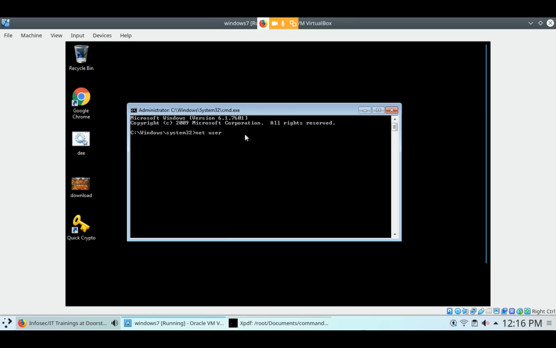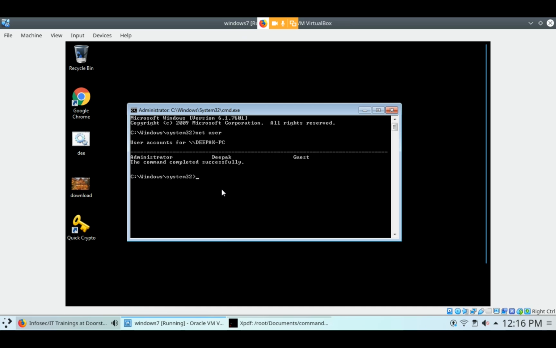After that I will change the password, because I don't know who the users are in this PC. After hitting enter, the command completed successfully. After that you can find three users. First one is administrator, second one is Deepak, and third one is guest.